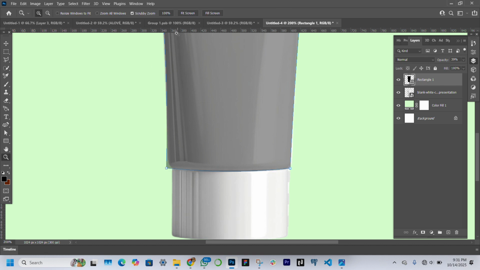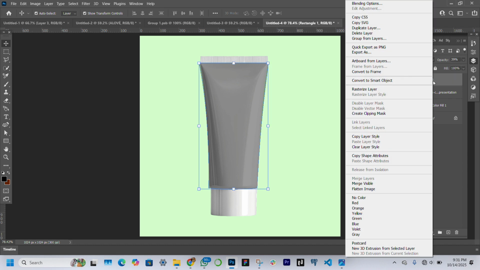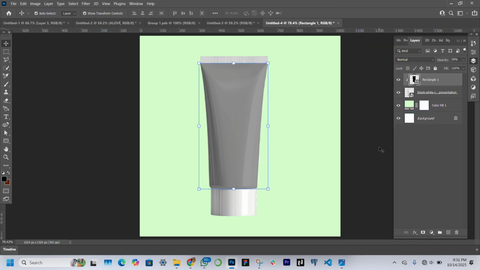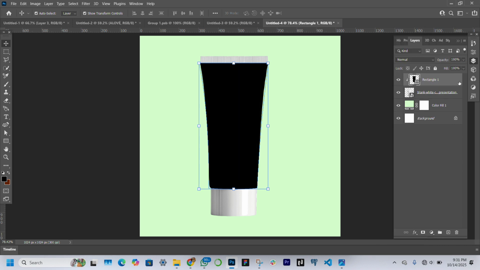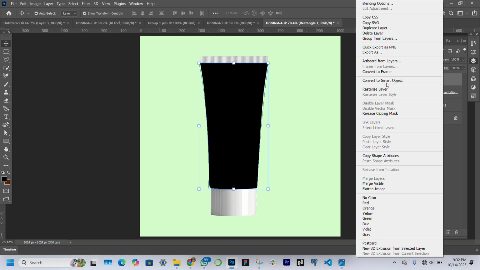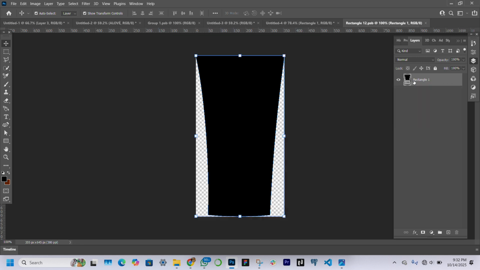Now I'll just make sure that I fit screen, and then I'll make sure that everything is in order. Okay, I'm just going to click on this and I'll right click and I'll click it to this particular shape that I imported. So we have something like this. I'm just going to give the opacity to 100 first of all. Then I'll right click and I'll convert to smart object, so that if I double click, it's not going to show me change color. It's going to take me to a different